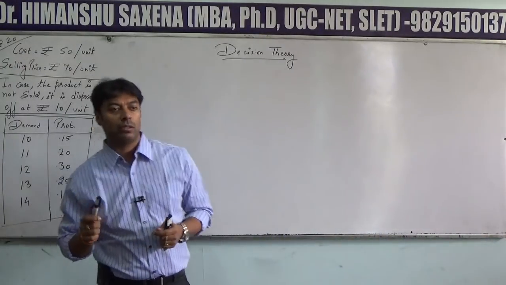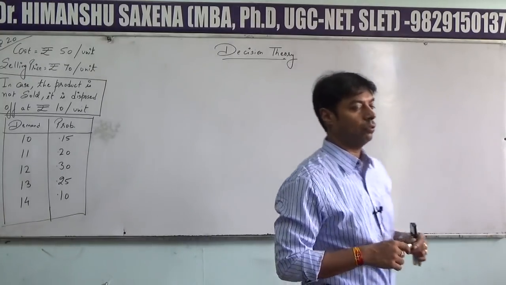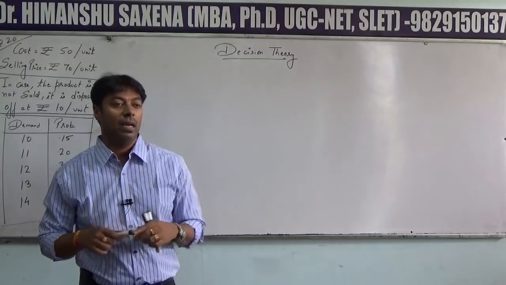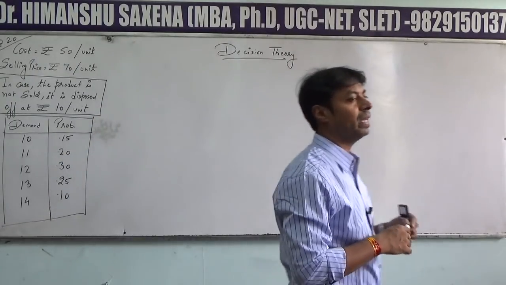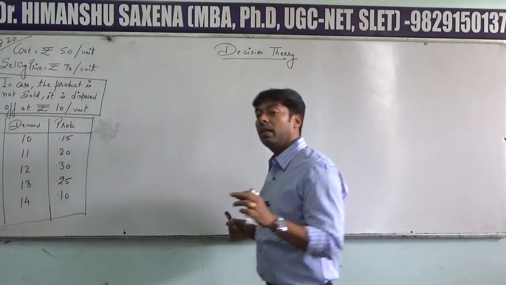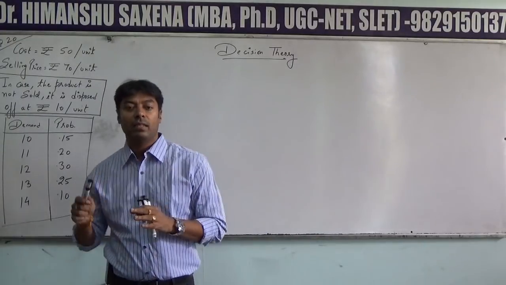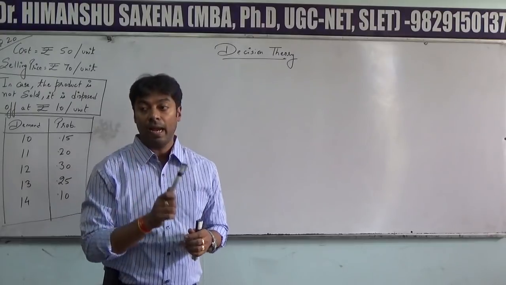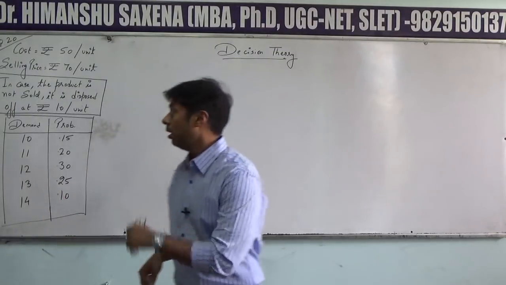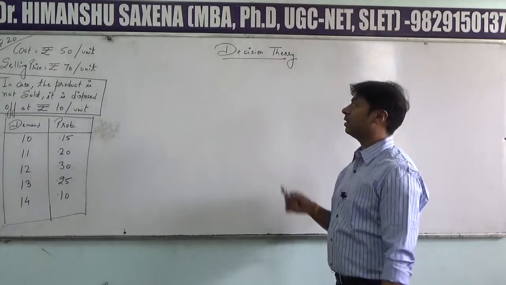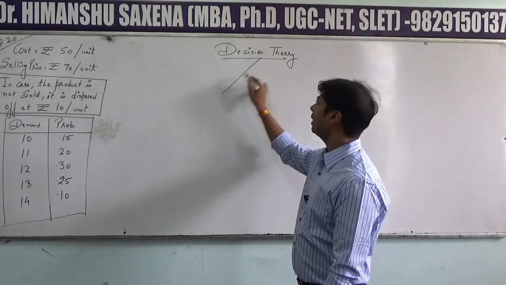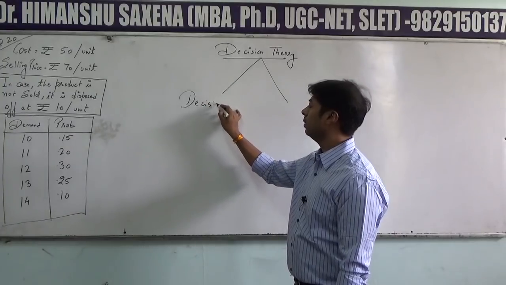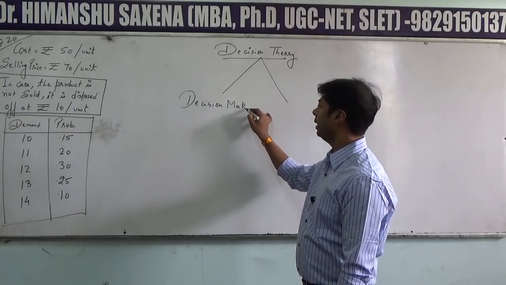and minimum costs. Obviously, everyone would like to maximize his profits and minimize the cost. And decision theory also plays an important role in selecting the best strategy, the strategy which is giving the decision maker maximum profits and minimum costs. Now the concept of decision theory is bifurcated into two major topics, that is decision making